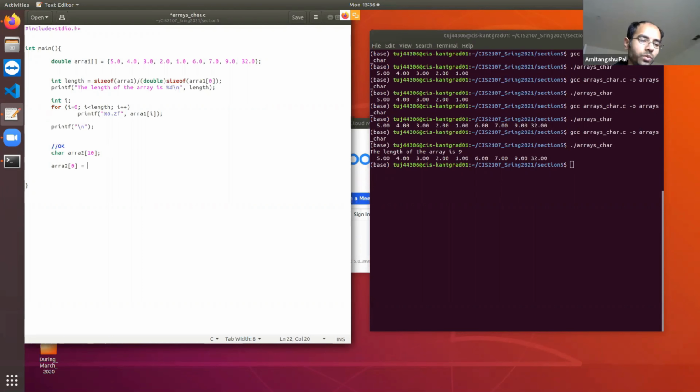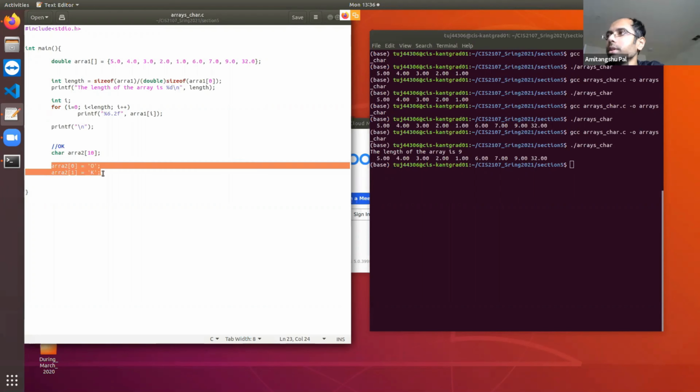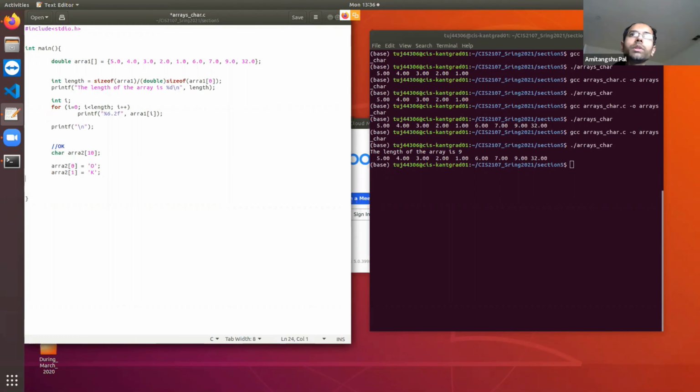So array 0 is equal to O, and array 1 is going to be equal to K. Now, these two are not sufficient, because a character array must be terminated with a termination character or null character, which looks like this. So this is a null character or a termination character.